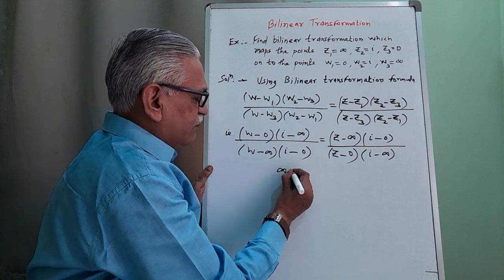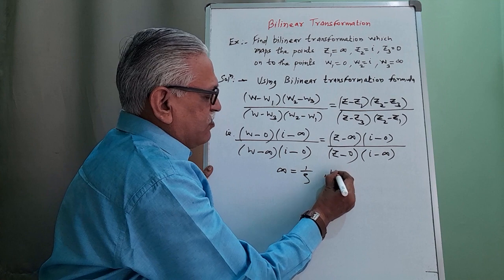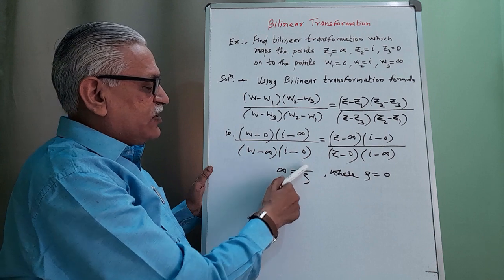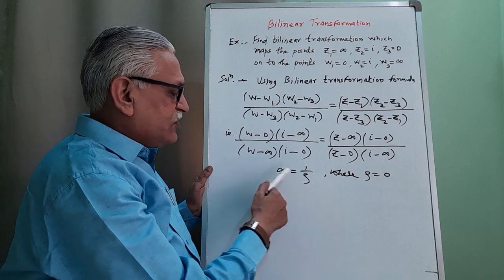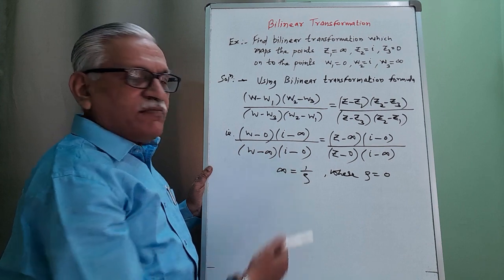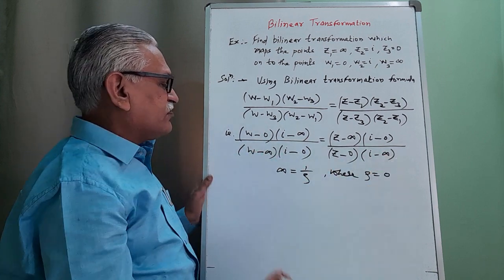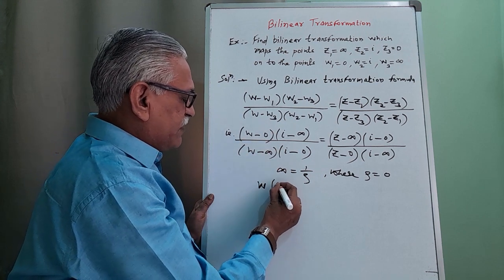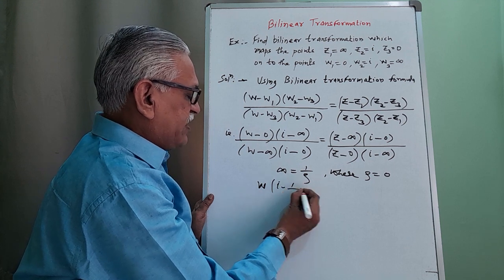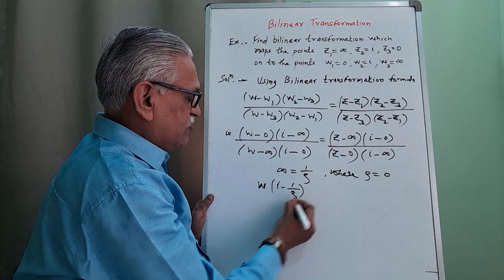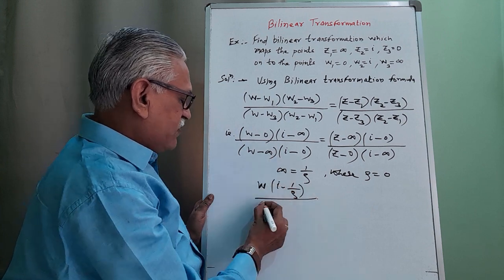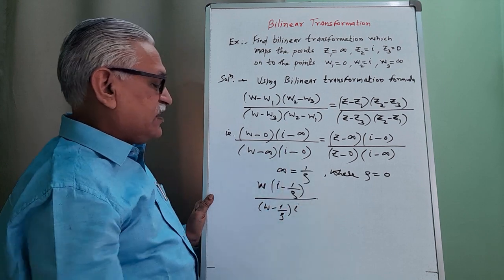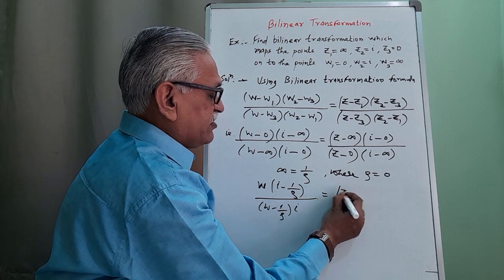Then replacing infinity by the term 1 by rho, where the value of rho is 0. Then and only then we get 1 by rho as infinity. And therefore, replacing infinity by the term 1 by rho in the previous step, we get W minus 0 is W multiplied by i minus 1 by rho, whole divided by W minus 1 by rho into i, and that is equal to Z minus 1 by rho,